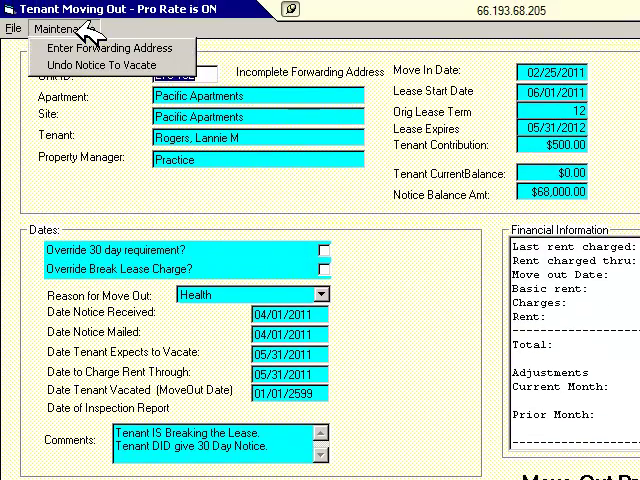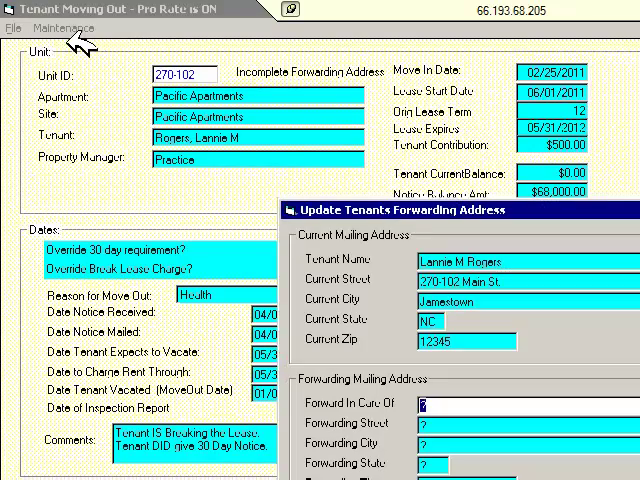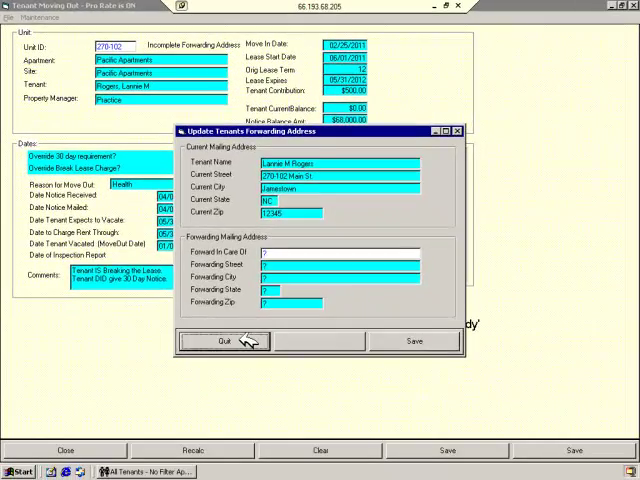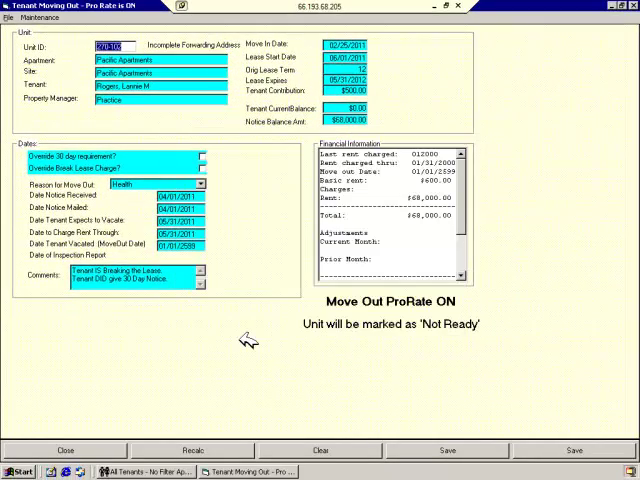If your tenant did issue a Notice to Vacate and rescinded that Notice to Vacate, it's very easy to undo. You simply click on the Move Out form and select Undo Notice to Vacate. Also, if when issuing a Notice to Vacate they gave you a forwarding address, you select Enter Forwarding Address and you'll be able to enter a forwarding address for your tenant. When you're ready to move them out,